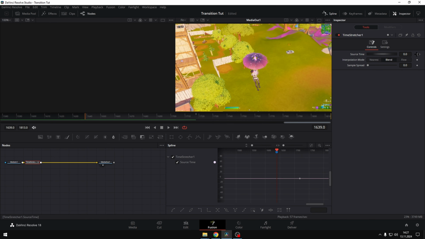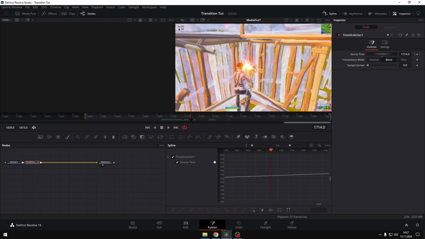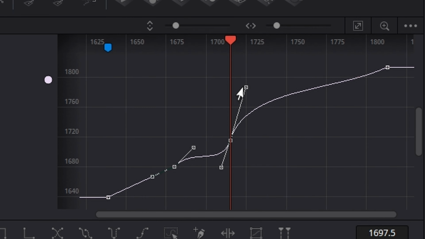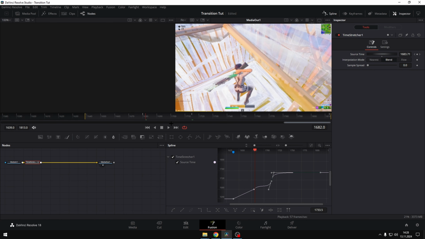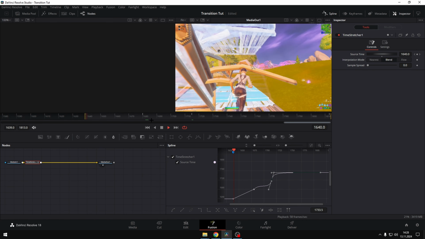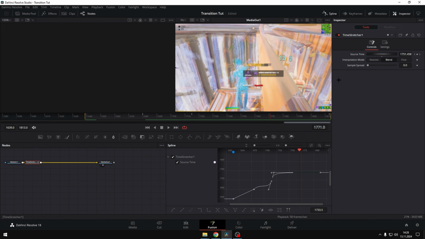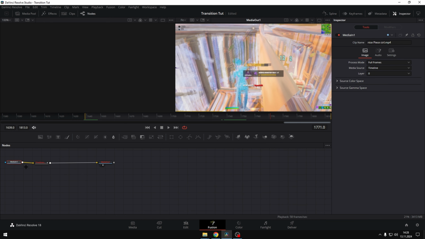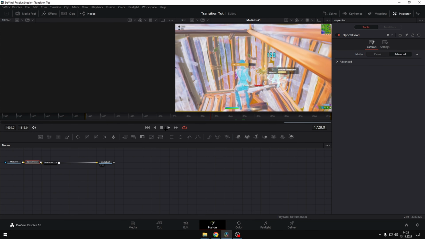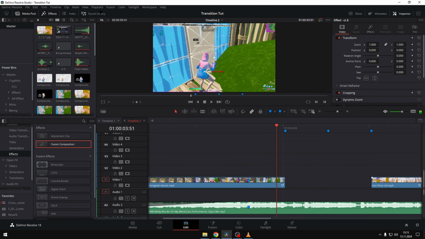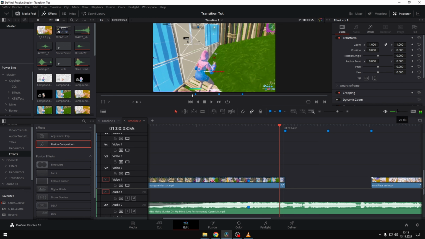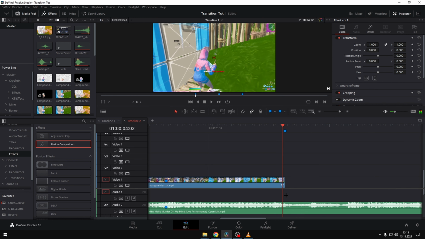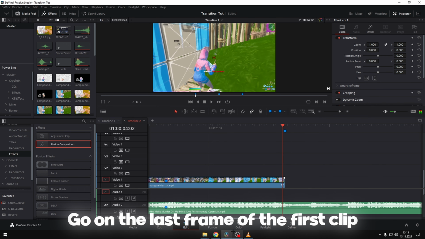So again, time stretcher. Perfect. Now flow, clap edges, next. And we're gonna put in an optical flow node so it works. So what you're gonna do next is to go on this and then one frame to the left, go on to color page,